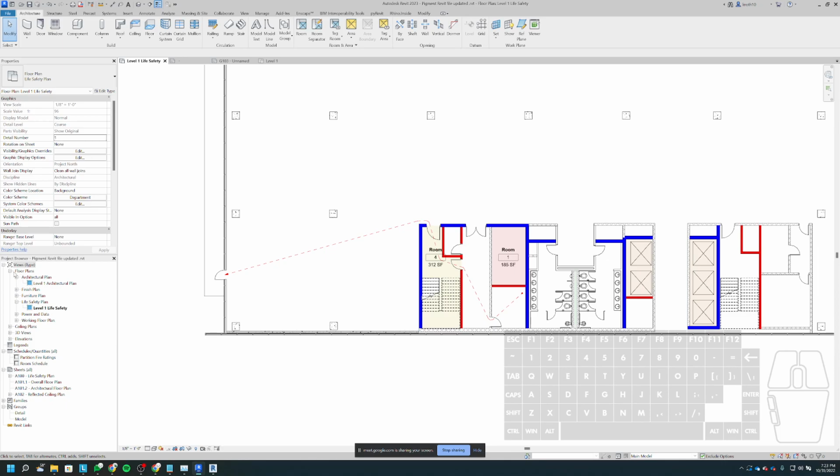But as you can see, like we covered in the video, we want a structure where it breaks out our floor plans, and then it has all the different types of plans under there. Okay, so floor plan, architectural plan, and then under architectural plan, you're going to have like level 1 architectural plan, level 2, level 3, whatever. And that's going to be the same for all the different types of plans: finish, furniture, life safety, power data,